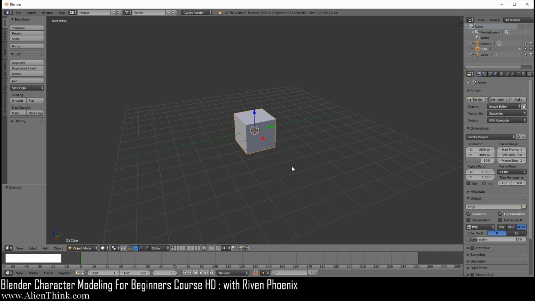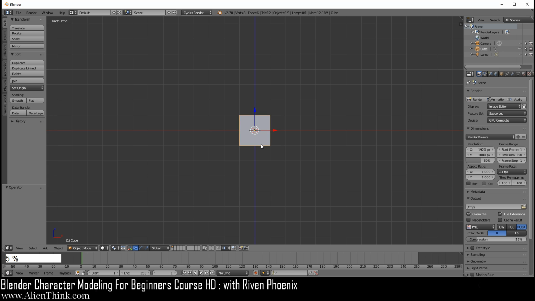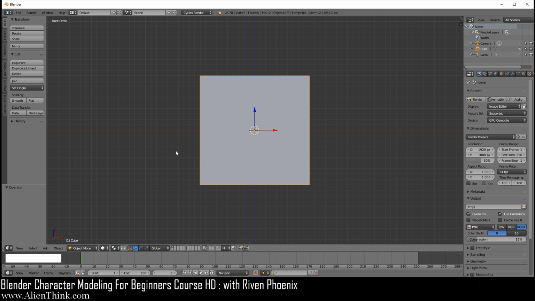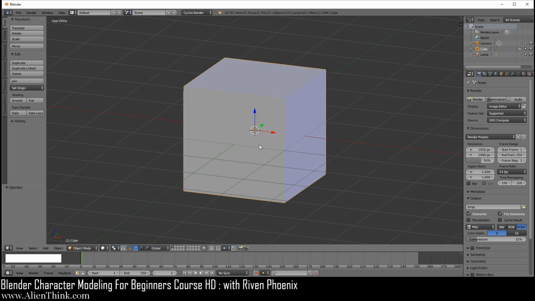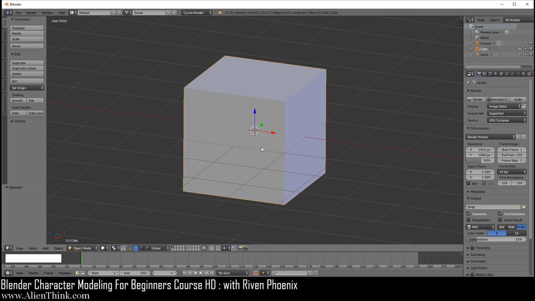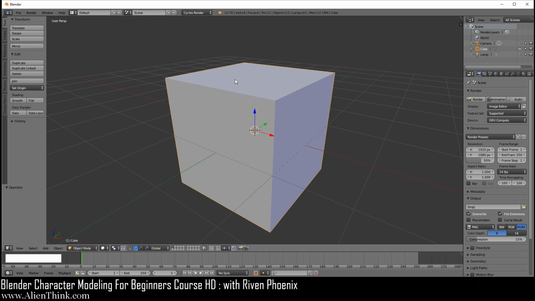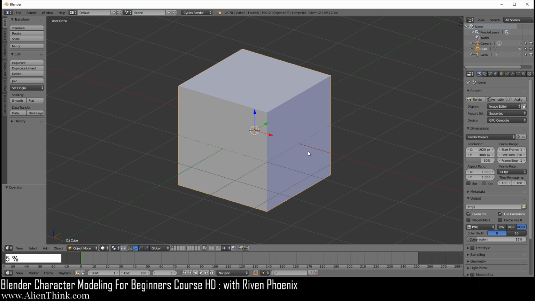I'm going to make sure that my mouse is hovering in the 3D view. So if I press the 1 key, I'm going to go into the front view. You can see that it says front perspective. Then I'm going to press the 5 key on my keyboard. You can see now it's in orthographic view, meaning there is no perspective. And this now allows you to see the object on the grid. Okay, so if I use my middle mouse button to rotate this, you can see that there's no perspective. So if I press 5, you can see that this is now in perspective. This is bigger and this is smaller in the back. If I press 5, this is an ortho.